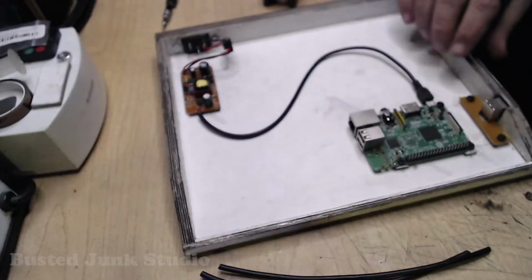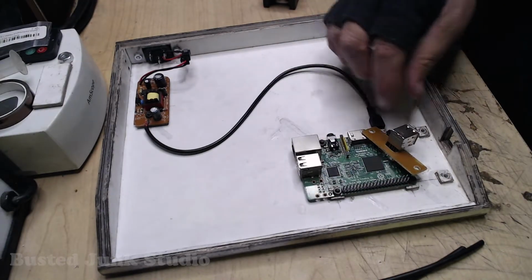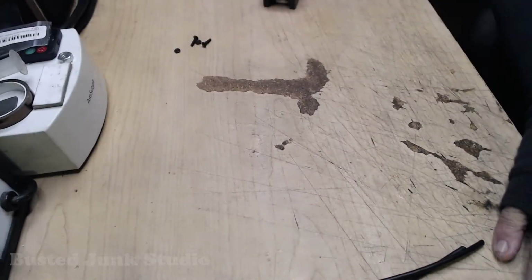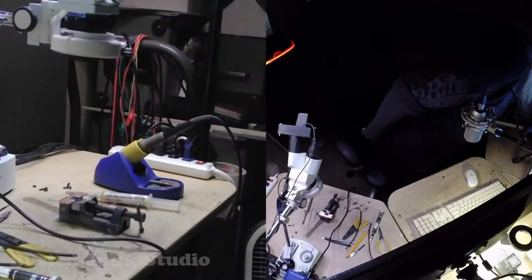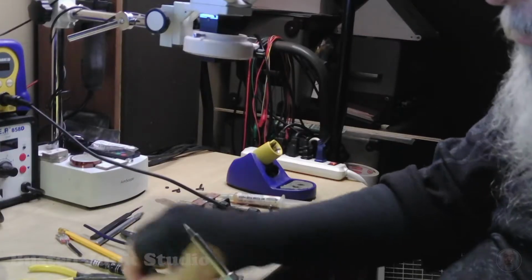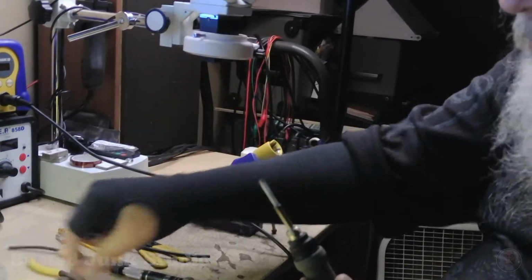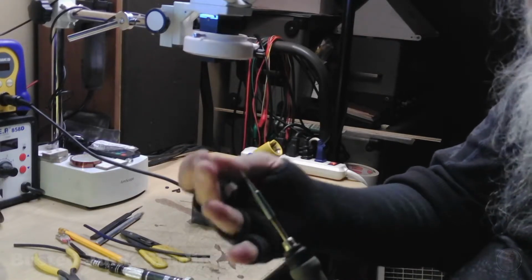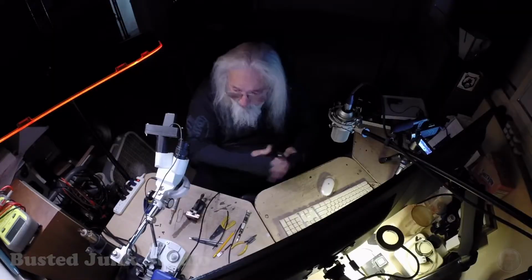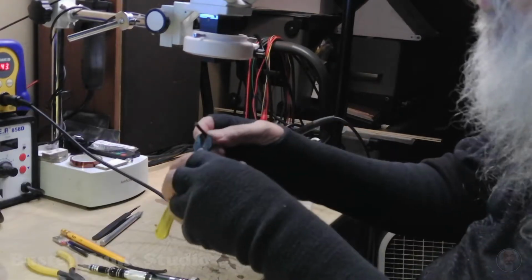Next thing we're going to have to do is take this off, and we can now remove the little circuit board. Put this off to the side. What we need to do is change this tip. So we're going to change this tip out first for this fine work. Take off that tip, put on that tip, and heat it up. We're going to take our wires here, and we're going to strip back a little ways,